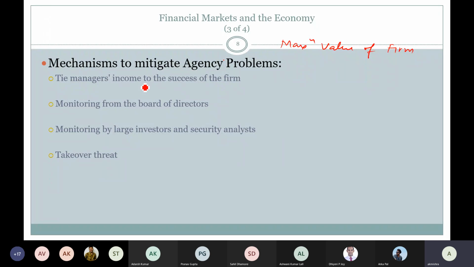So if that is the case, one way of avoiding the problem is to connect the success of the firm with your manager's salary. You connect that if the company is making a profit of 100 million, 5% will be shared among the top managers who are dealing with those divisions or departments. So to a large extent, the manager will try to behave in a way that will maximize the value of the firm, or that will ensure the company does not run into losses.